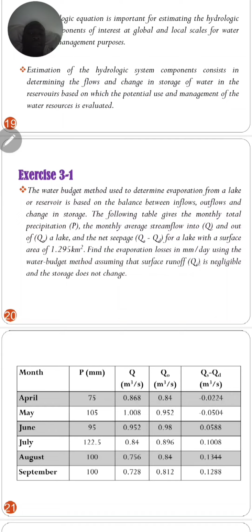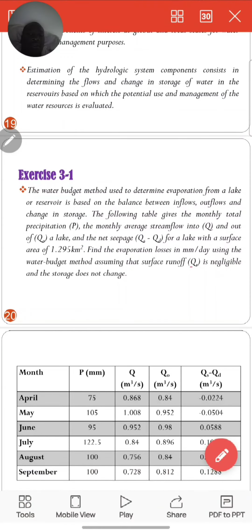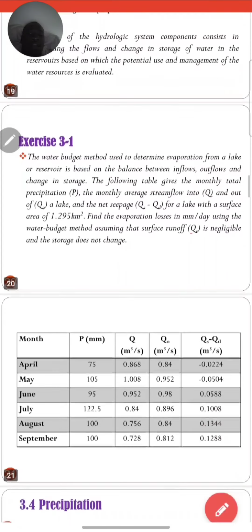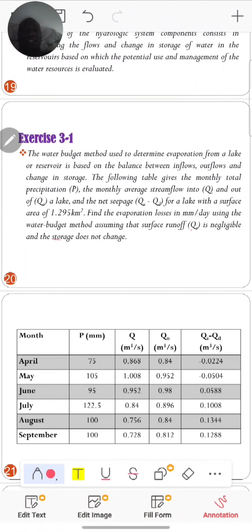find the average losses in millimeters per day using the water budget method, assuming that the surface runoff is negligible, meaning this one, because we know runoff we are not including it, and the storage does not change. Key thing, storage does not change. Okay,